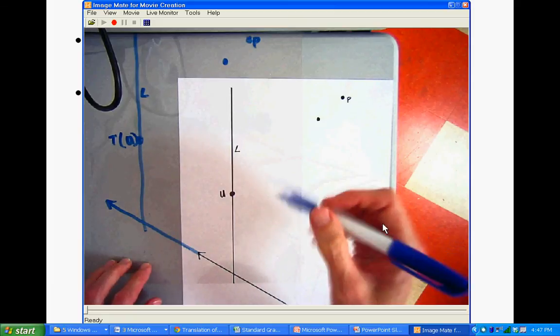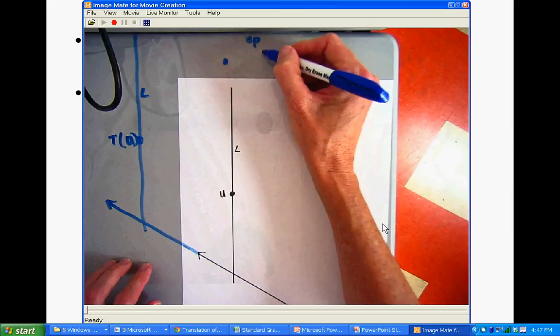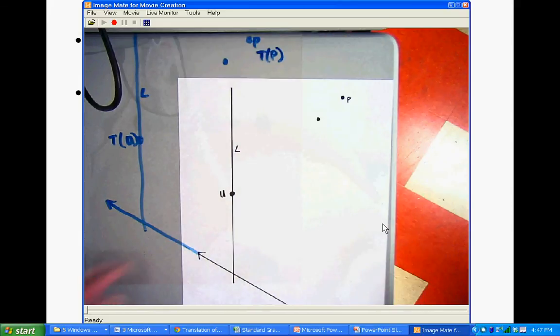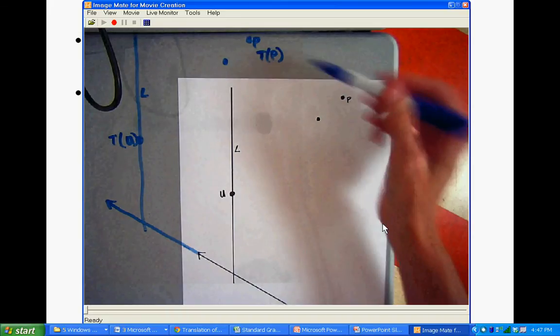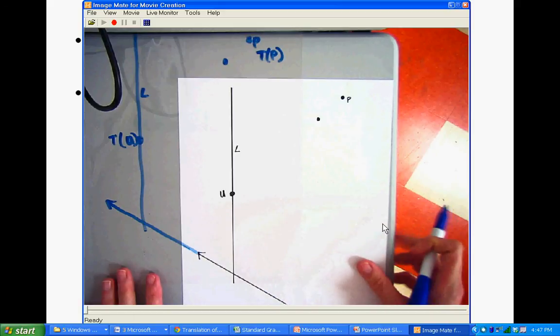This also becomes T. I know it's kind of hard to see this, but I'm going to write it here. This point would be T of P. So if this is P, then this point up here is going to be T of P. Now if I take this away,